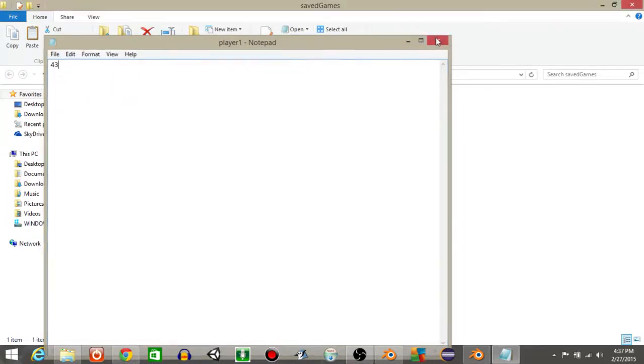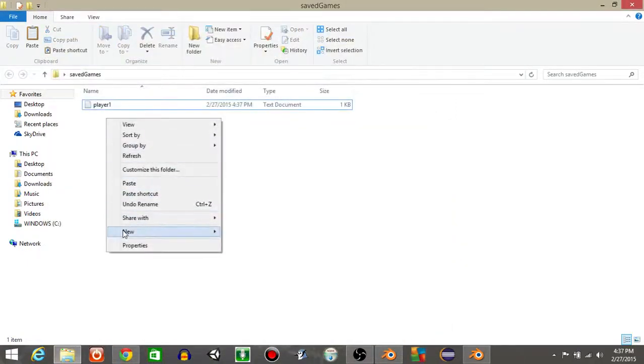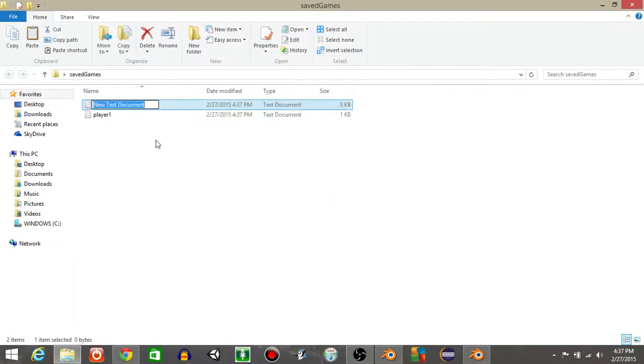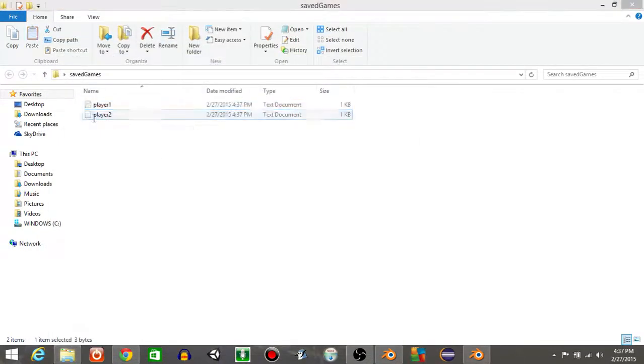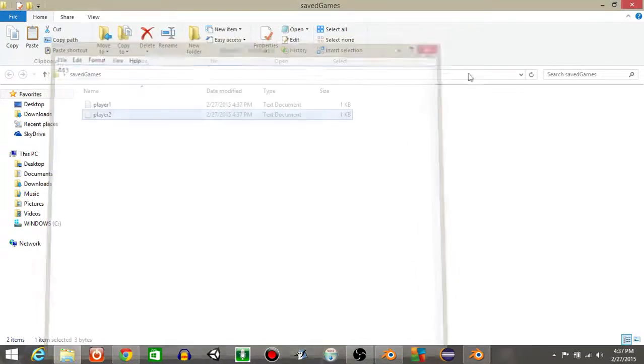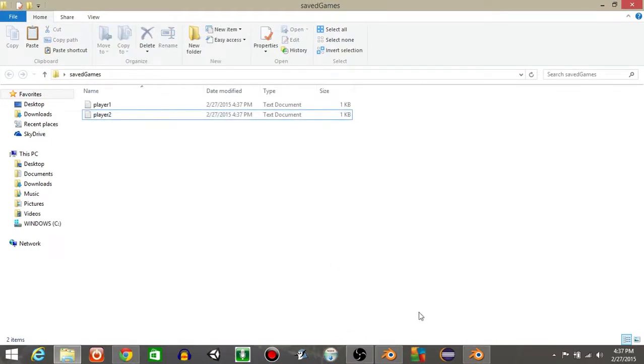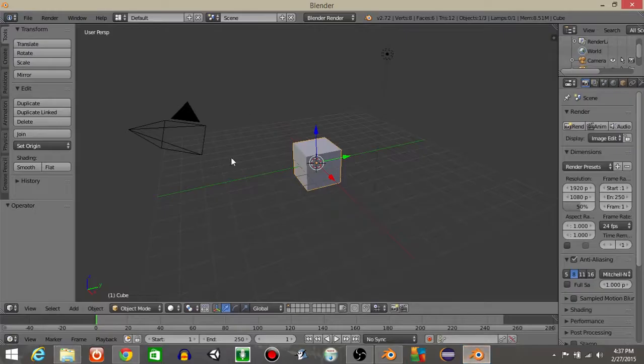Hit file and save. Then right click, do new, and let's do text document again. And I'll name this player 2. And for player 2, let's say he's a bit better, so let's do 443. And hit file and save. So we should see that if we open both documents up, they've each got their respective numbers or points or whatever. Okay, now that we got that, let's go inside the